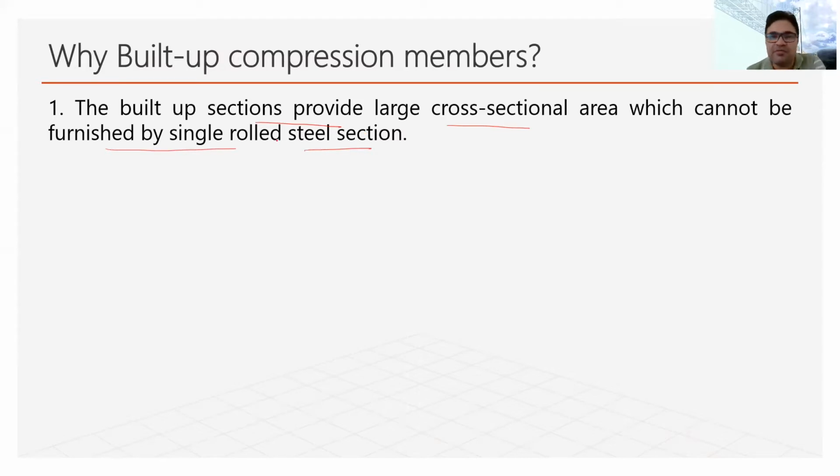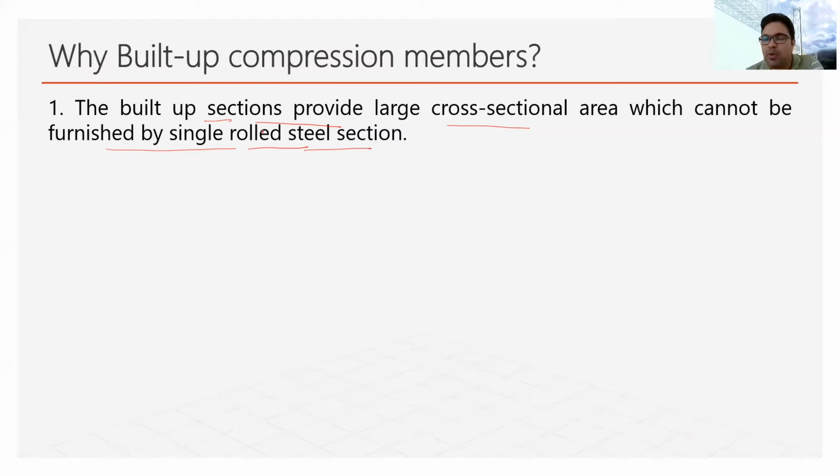So, in the previous lecture, we have seen the steel table, and in the steel table, you have seen there are limited sections available, which are single rolled sections. Now, if we have to support large load, and if we are not able to find out a single section from the steel table, then how do we support that? In that case, what we do is we compose the sections so that they act as a single unit, and those sections are built-up sections. So as I said, they are very useful in supporting large load.